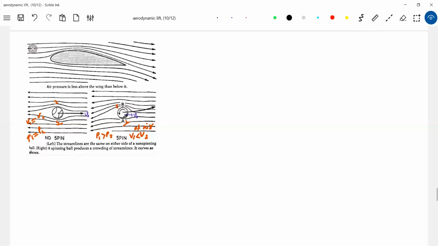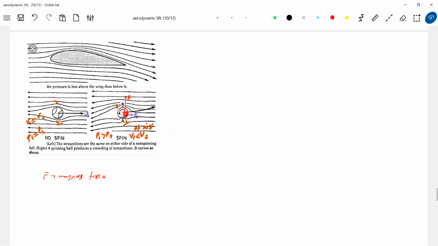Able to understand this one? So there will be a Magnus effect. We have to show it here, like the force. And this F is called the Magnus force. Due to what will this Magnus force come? Due to the spinning effect, no? If there is no spinning effect, we don't get a Magnus force. How much the air retards here, the same amount it retards here, and the pressure at 1 and 2 will be the same, and there won't be a net force acting on the ball vertically. So no Magnus effect.